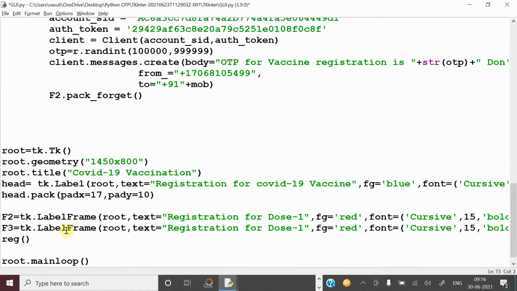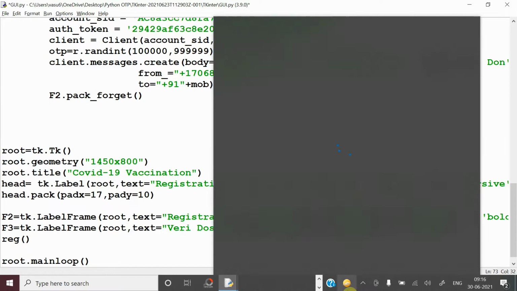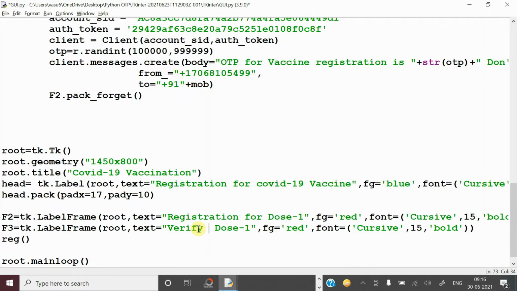Now for that frame you can give one name. Here I am giving "Verify yourself by OTP". Like this you can keep it, and the remaining things are the same.